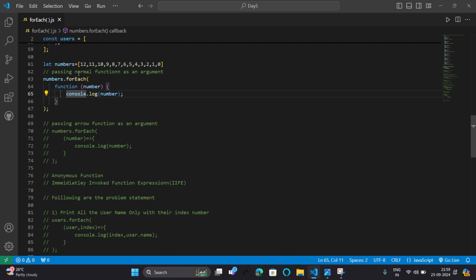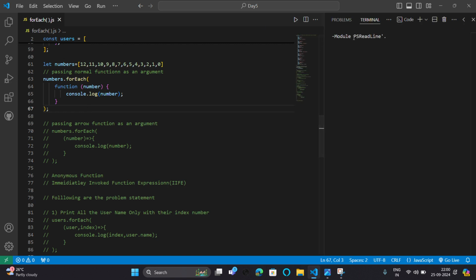So in this forEach method I passed this normal function. What is the work of this function? Basically it prints this normal array. So I just passed this, and if I run it, the output is like this.